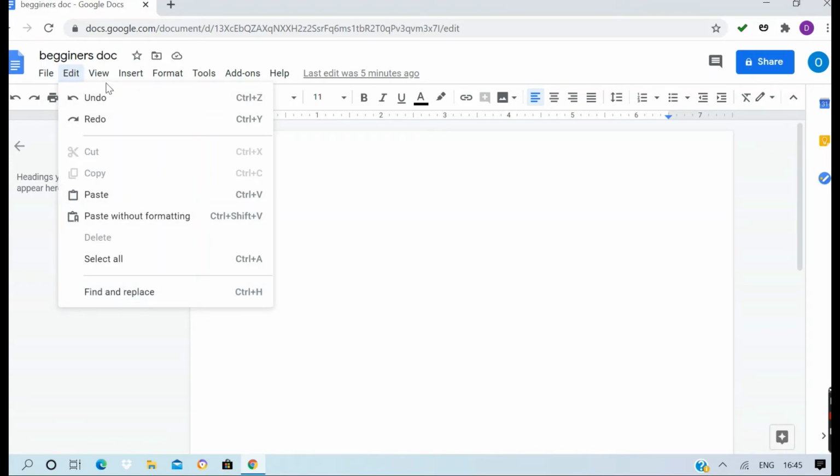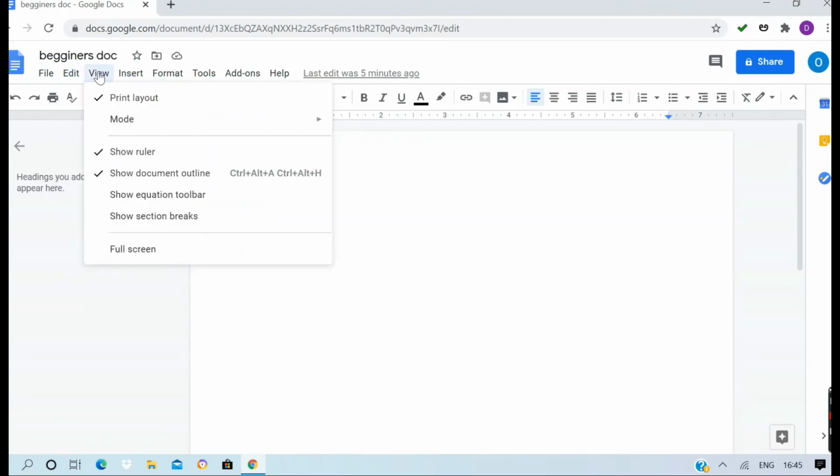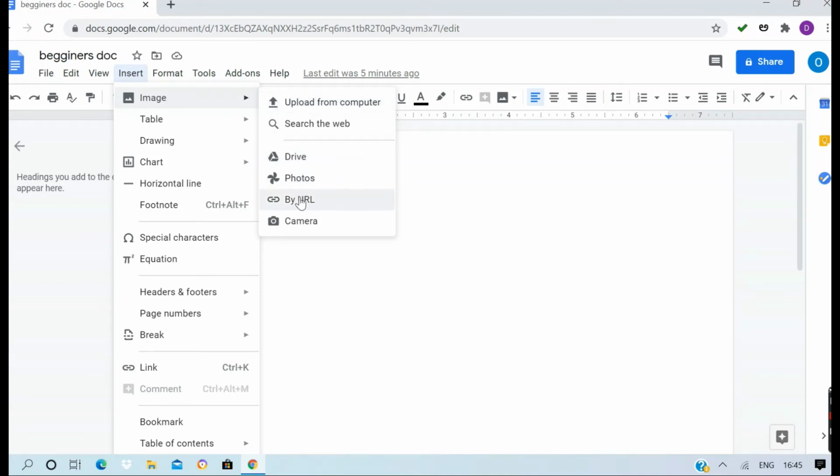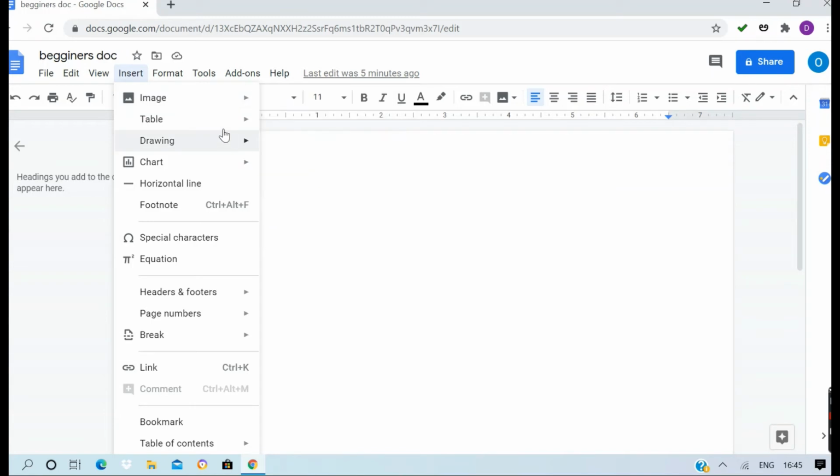Next, View, which shows how our document is viewed. And Insert: this is image. You can insert an image from your computer, or you can search the web, Drive, Photos, every option is there. You can insert tables, same as Word.